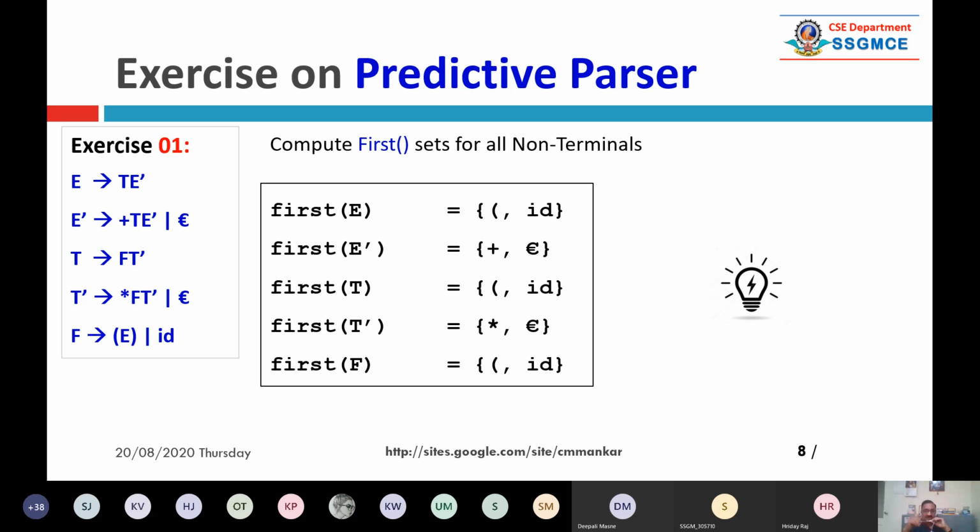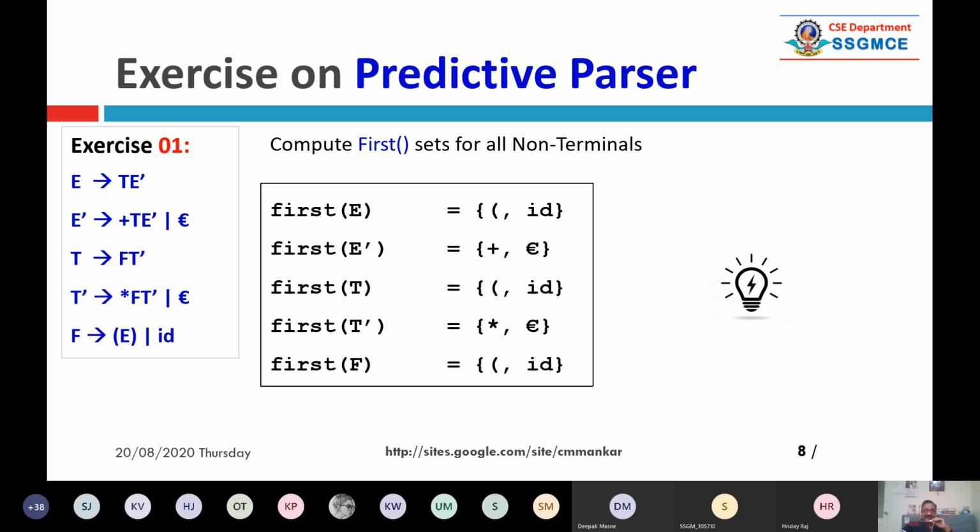When we explore a particular non-terminal, when we substitute and go on substituting until some end, on the left-hand side we get some terminal. So if you explore E, E is generating T, T is generating F, F is generating opening bracket and ID. So you have to explore the production rule.